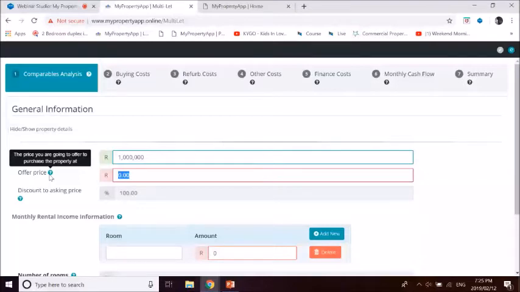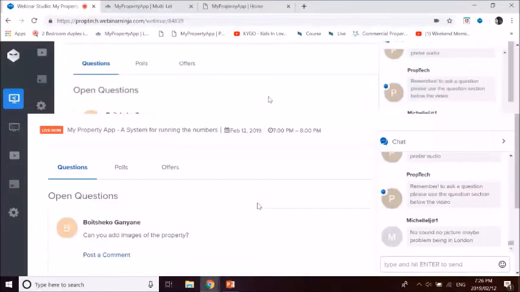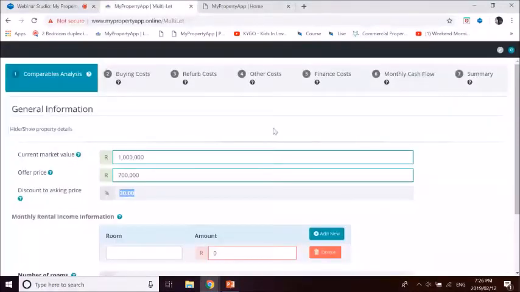So we can just click save to make sure that all the information is saved. Then the next step would be to go to buying costs. So step number 2, you can click here and we'll do the buying costs, where you can input what the purchase price is and get the corresponding transfer attorney, bond attorney, and transfer deed. For this one, I'm just going to quickly put some fictitious numbers in there so we get through the preview quite quickly. These would be the costs associated with buying the property.